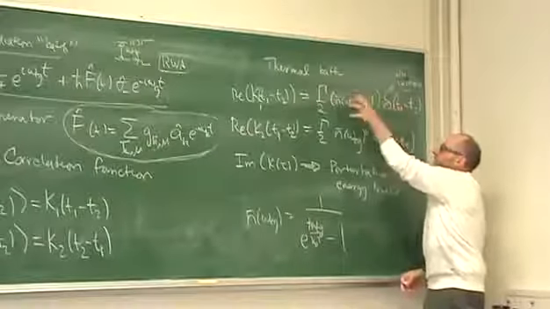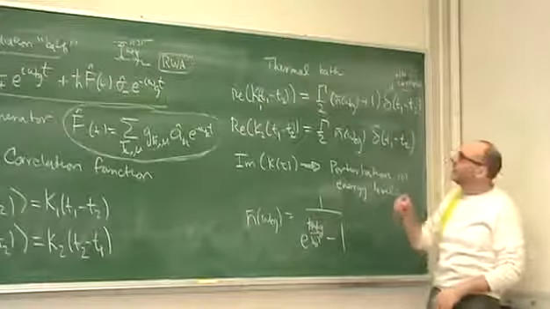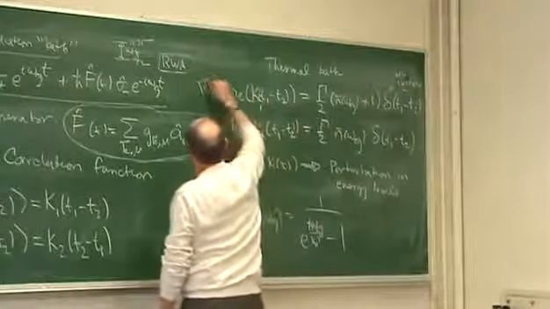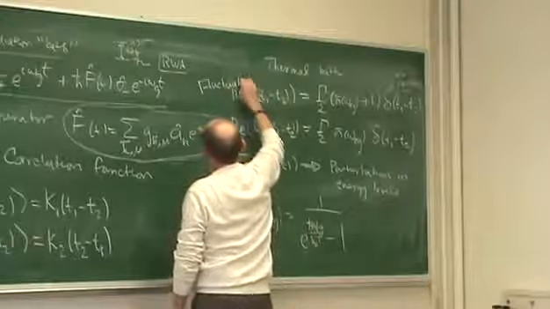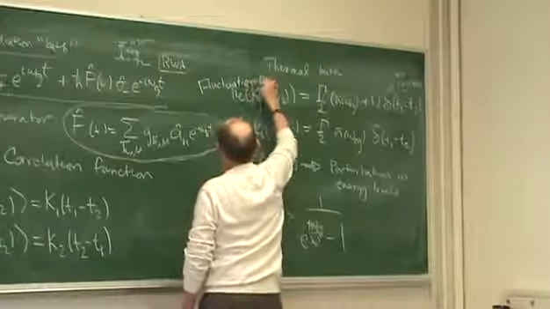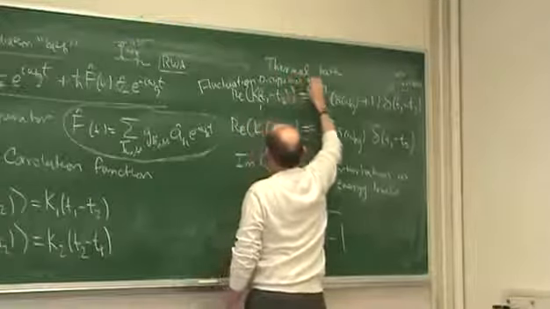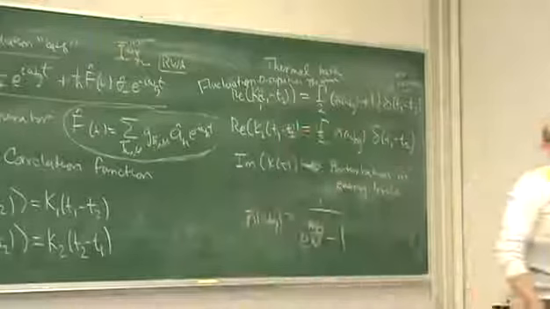The factor out front here tells us how strong this delta function is, what's the area under the curve. This relationship that we see here is an example of what we call the fluctuation dissipation theorem, which it's not really a theorem, but it's a relation